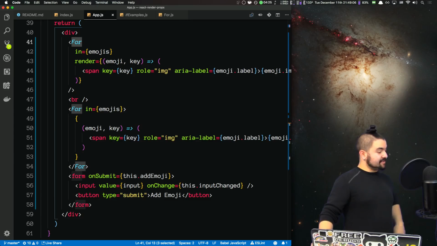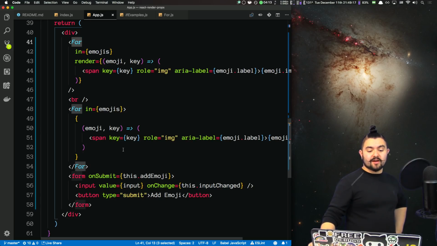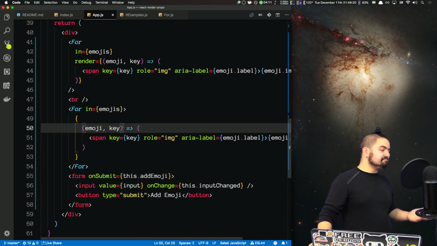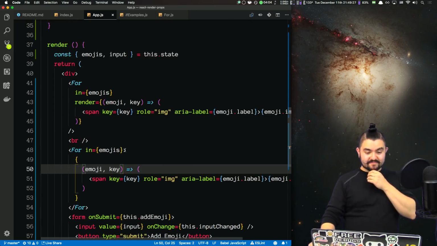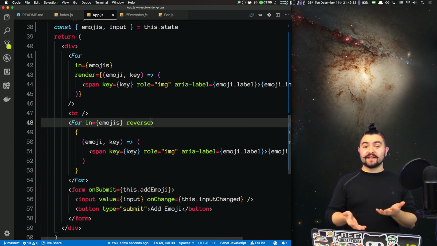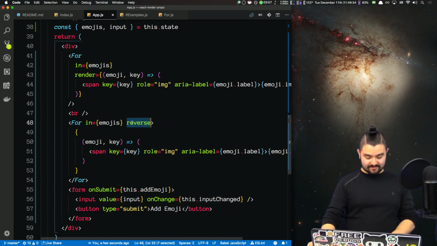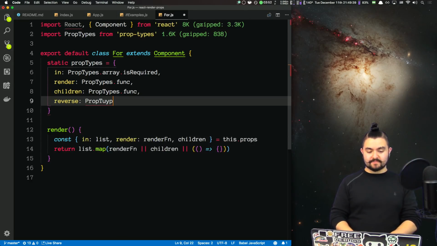Oh, interesting. So I have some cool suggestions. So Ross is suggesting even odd. Very interesting. What could we do with that? Like, we could actually give it a prop that tells it whether it's even or odd. Maybe. Isaac is saying render in reverse. I love it. Yeah, so what if we just specified a prop called reverse? And if that is true, we actually render the list in reverse. Great, let's do it. Okay, so reverse is a prop type